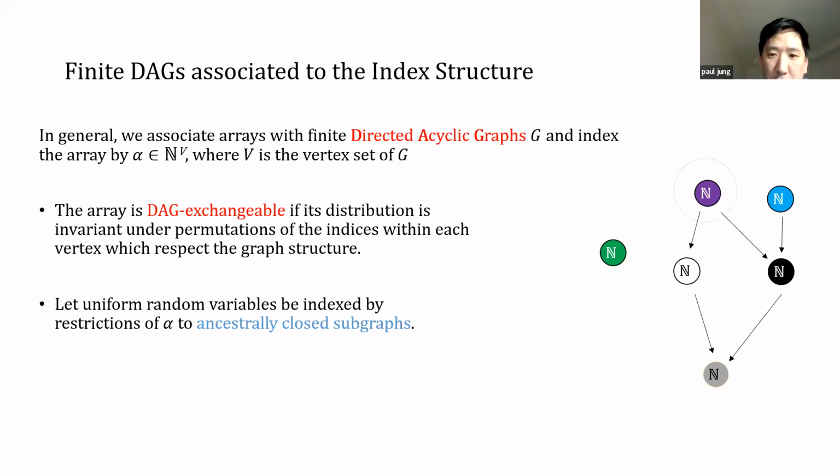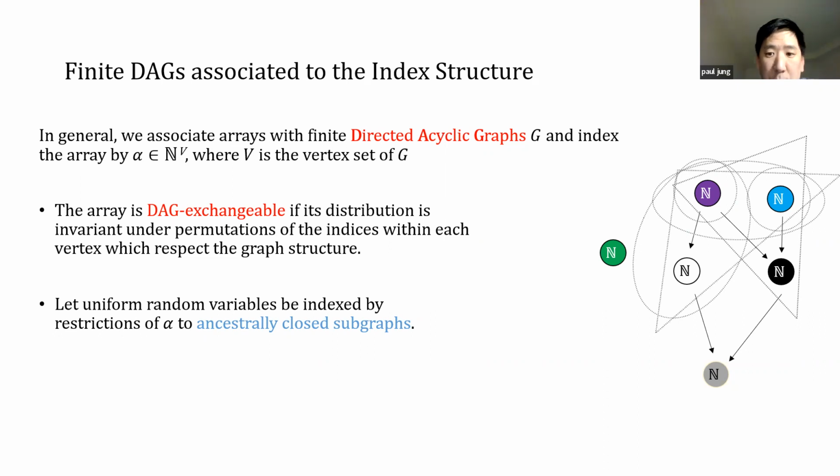So we can include purple, and then we can also have a subset which is just blue, or a subset that includes both blue and purple. But now, if we want to include black, because its ancestors are blue and purple, we have to include both blue and purple. And if we want to include white, we have to include purple. We don't have to include blue because blue is not an ancestor of white. On the other hand, we could certainly include blue, because this subset still respects the hierarchy. Whenever we have a vertex, we include all its ancestors, and that subset satisfies that condition.